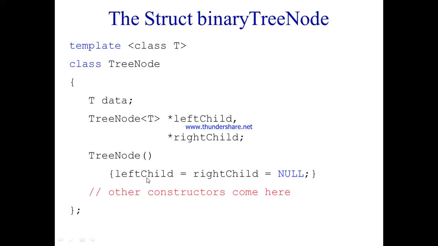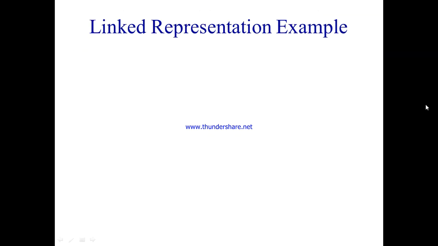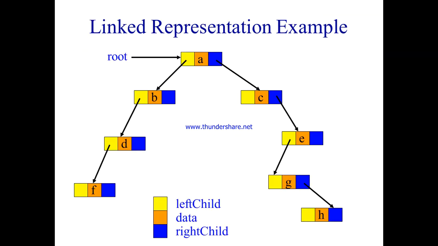Initially we are keeping left child and right child as null. Then when the left child is generated, again it will have its own data, left child and right child. So like this the construction will be easy and memory wastage will not be there. You can see graphically if I show you, so it will be easy to understand.